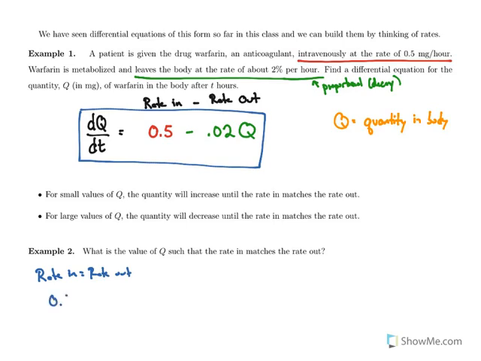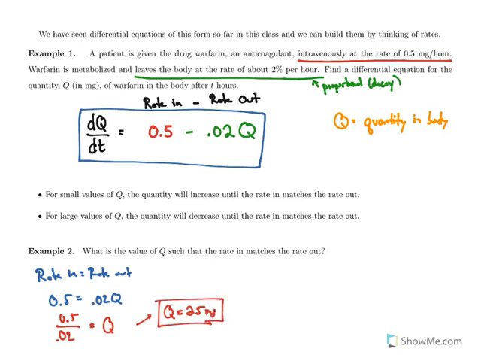That's going to be 0.5 is equal to negative 0.02 Q. We're just going to think about this as positive, sorry, because we're going to subtract that rate. And if we solve for Q here, we have 0.5 divided by 0.02. That's going to give us Q is equal to 25